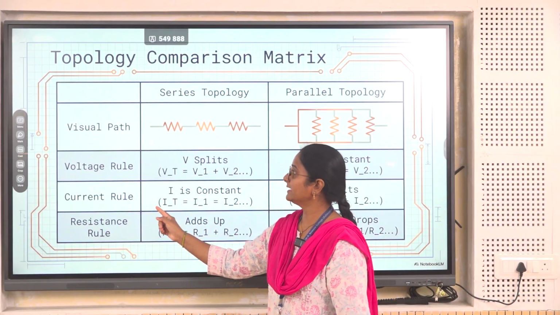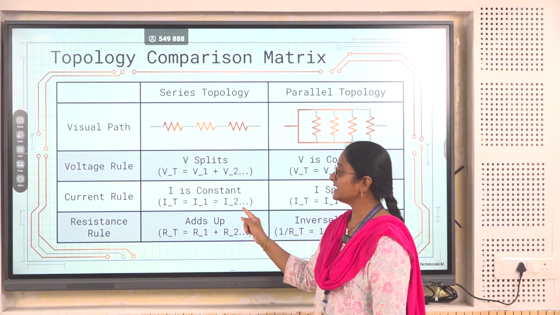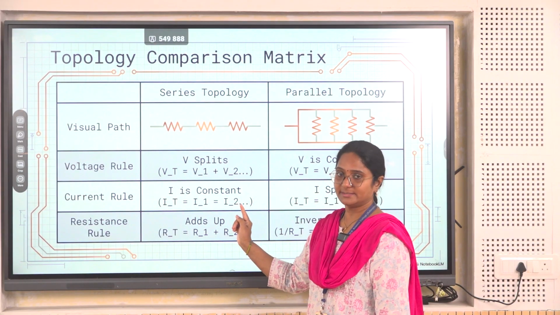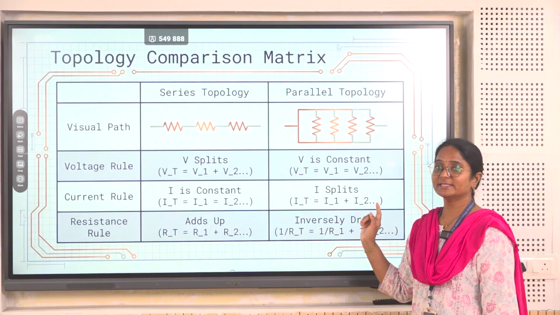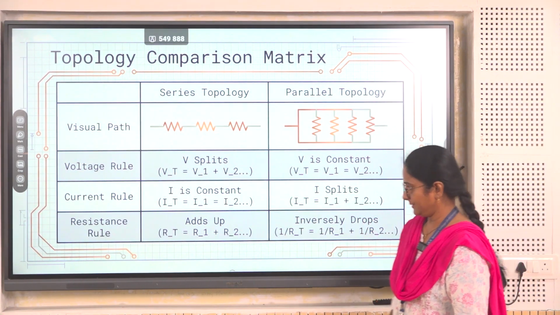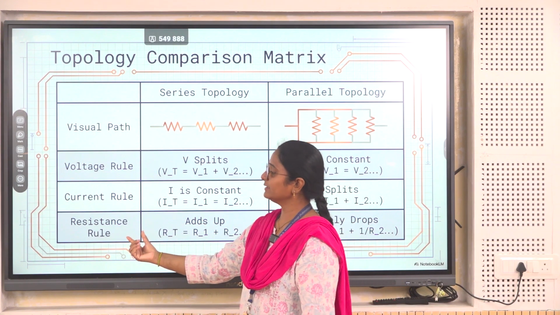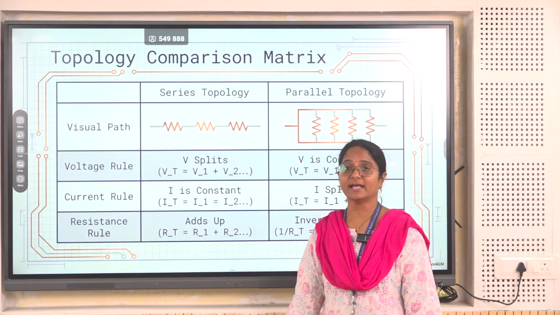And if you see the current rule, in series the current is the same throughout the circuit, whereas in parallel the current gets split because there are nodes present in the circuit. And hence the last one is the resistance rule, which says that the resistors, if they are connected in